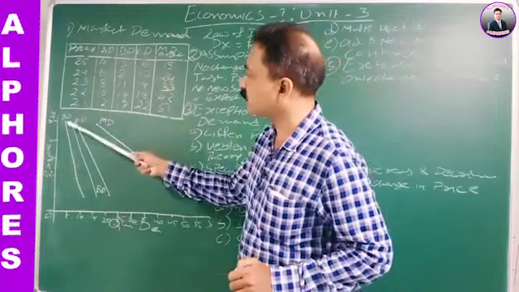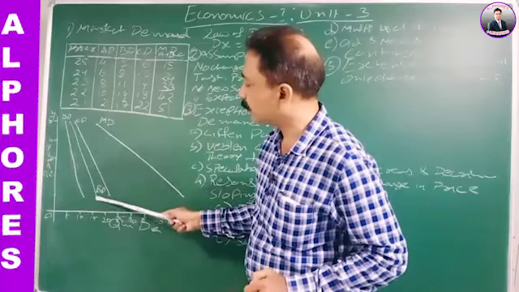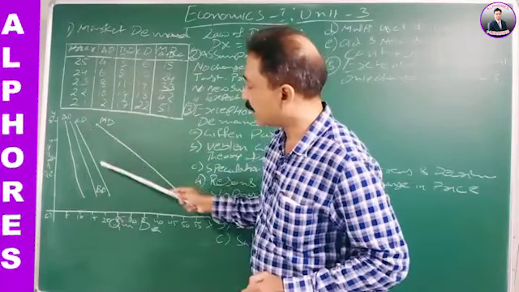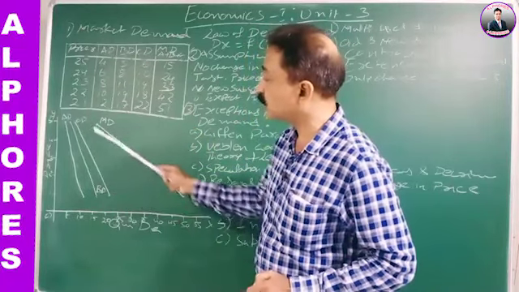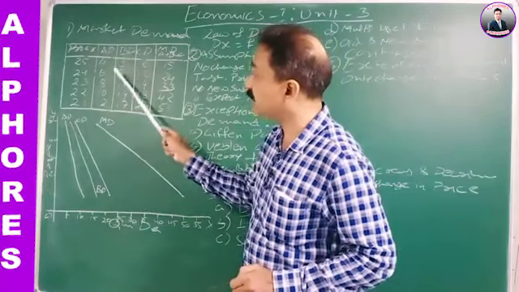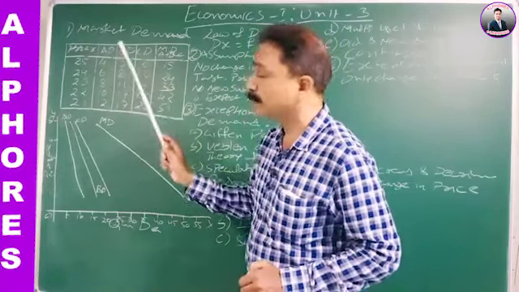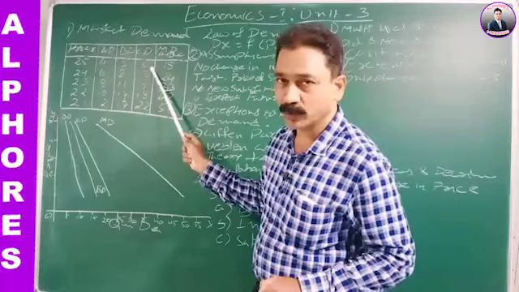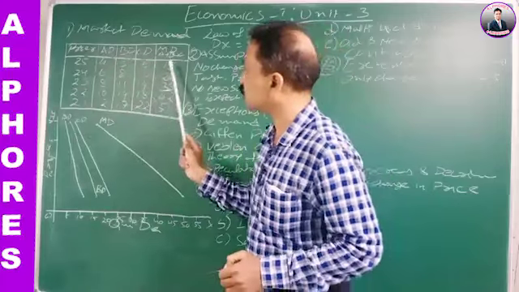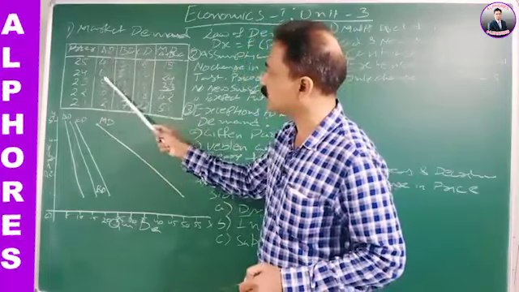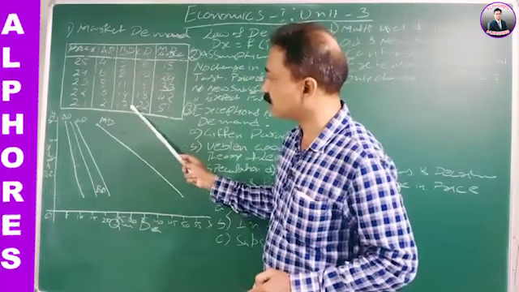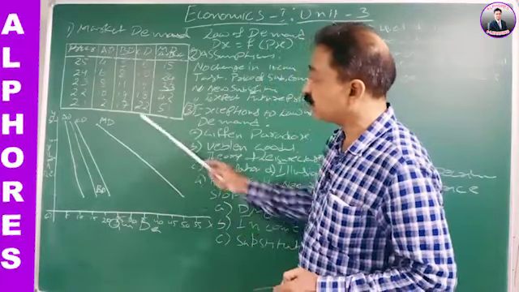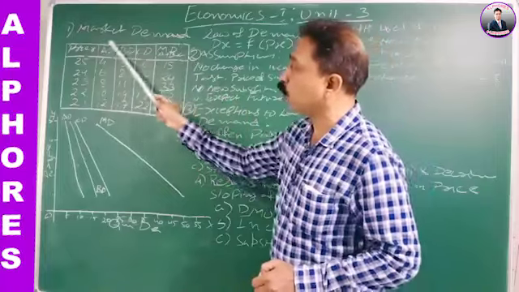B group's demand starts with 5 and ends with 17. You can see that is B group demand. C group demand starts with 6 and ends with 22. That shows the B group demand is greater than the A group demand. C group demand is greater than the B group demand, because lower income group, middle income group, higher income group put together, the market demand starts with 15, 4 plus 5 plus 6, 6 plus 8 plus 10, 12 plus 17 plus 22. Okay, it starts here and it ends here. This is the market demand. This is a cumulative demand of the total market.